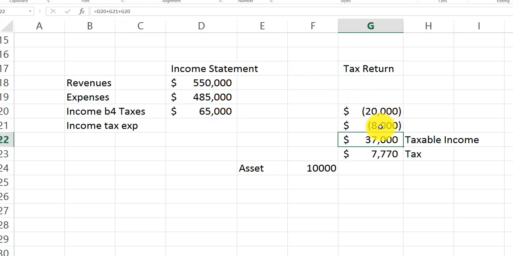And our taxable income becomes $37,000 with the additional $8,000 of depreciation on the tax return. All right, so that taxable income is $37,000, tax is $77.70. Now, when there is a temporary difference, you cannot just take that and put it over here under income tax expense like we did before. Okay? The tax expense is